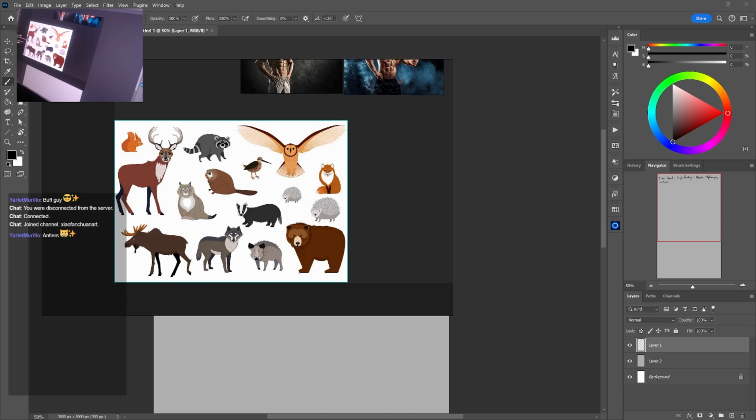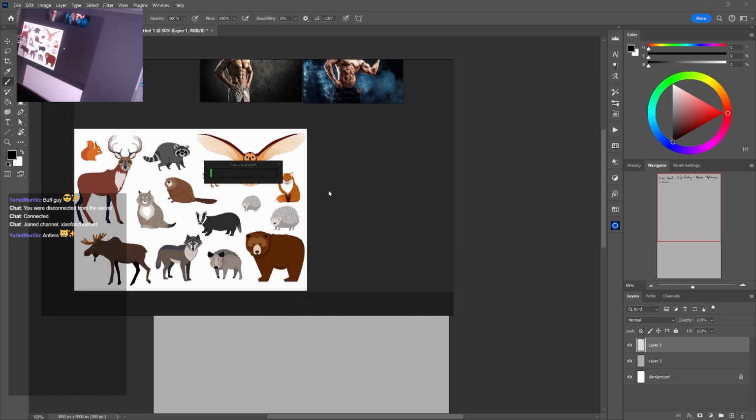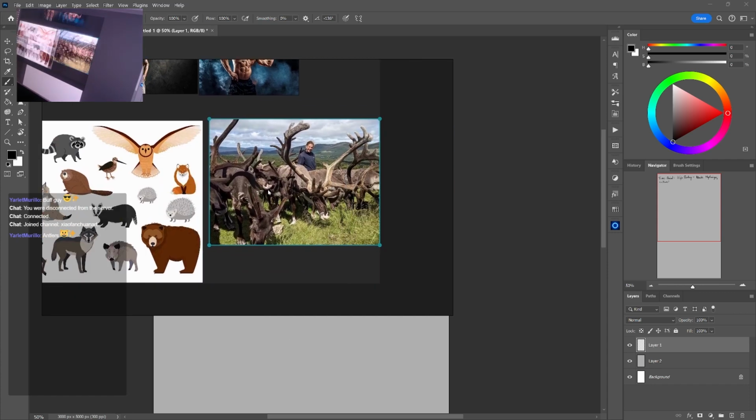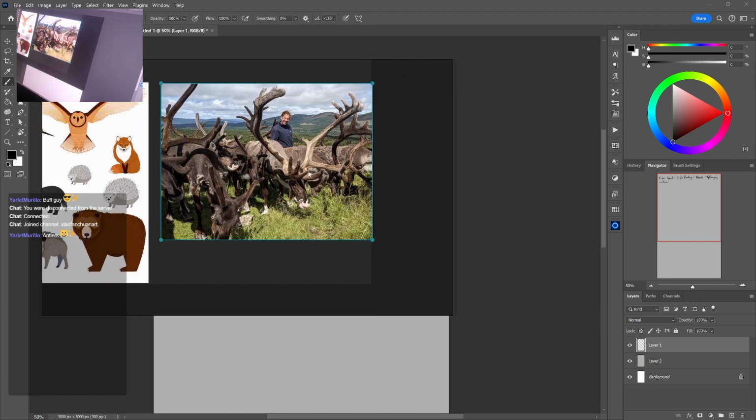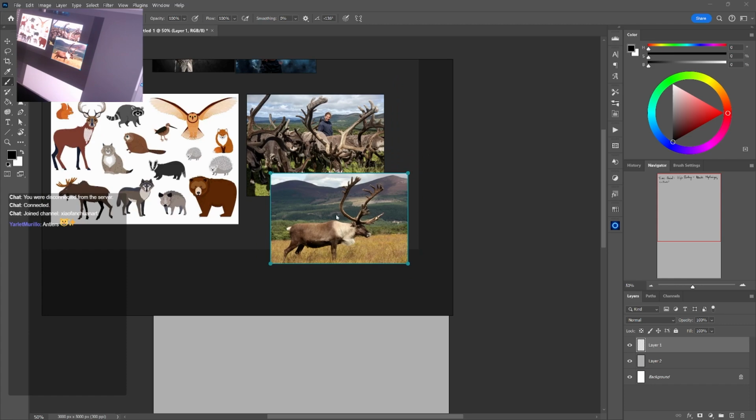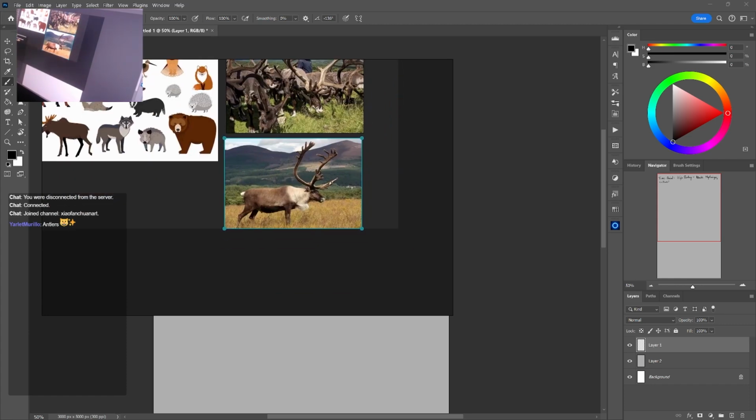So this is how I design creatures. I like to look to nature for lots of inspiration. And I also really like doing tons and tons of research for the design process. So there's some reindeer. They've got really huge antlers. Okay, that's some good reference. There's also moose, right? So let's look up some moose.